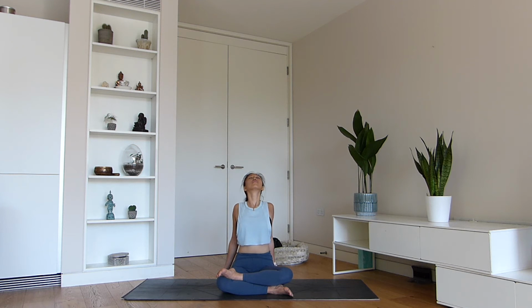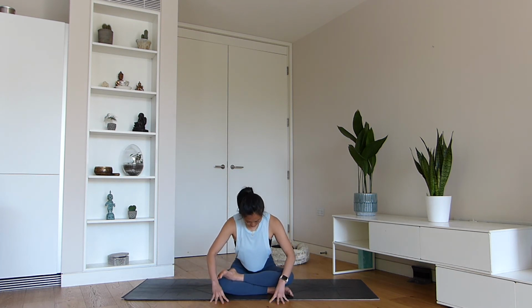After a few breaths, if you feel good and you can go a little deeper, then guide your body forwards and come down onto the forearms. And stay in this pose for a few deep breaths,